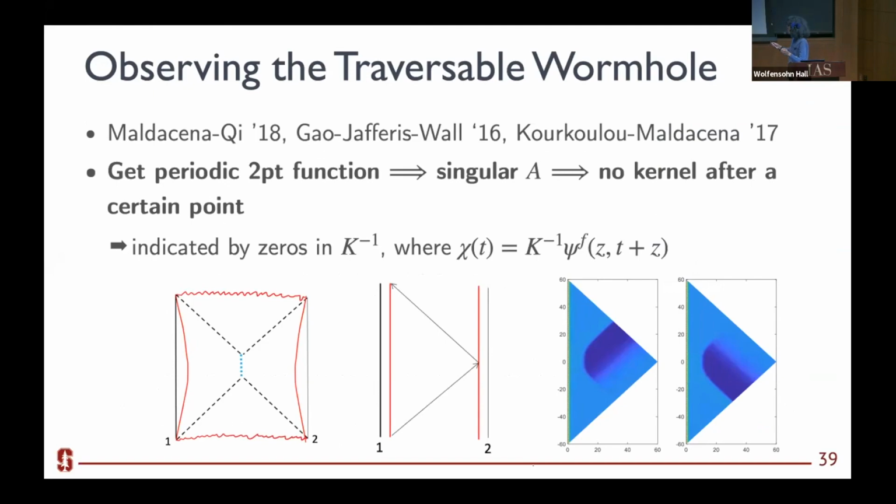That's always true. But if you consider adding boundary time points, as soon as you get a recurrence in your anti-commutator matrix, you get a singular matrix, and so you're no longer able to perform the decomposition. That tells you there's a chance that your spacetime terminates, or maybe there's a bad point. We're not able to distinguish between those two cases until we sample more and more points. But since we already know that we have a periodic two-point function, we know that it's going to terminate and